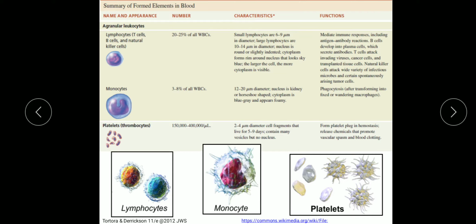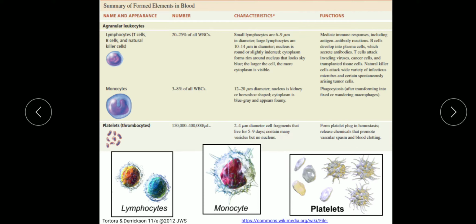Each fragment is enclosed by a piece of plasma membrane. Each disc shaped fragment is around 2 to 4 micrometers in diameter and has many vesicles with no